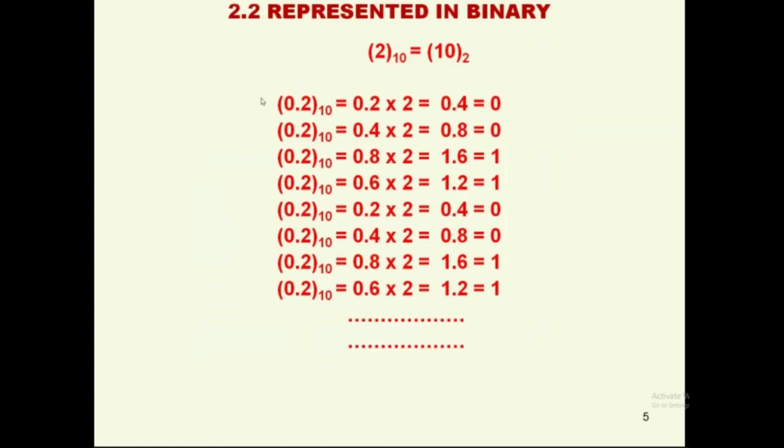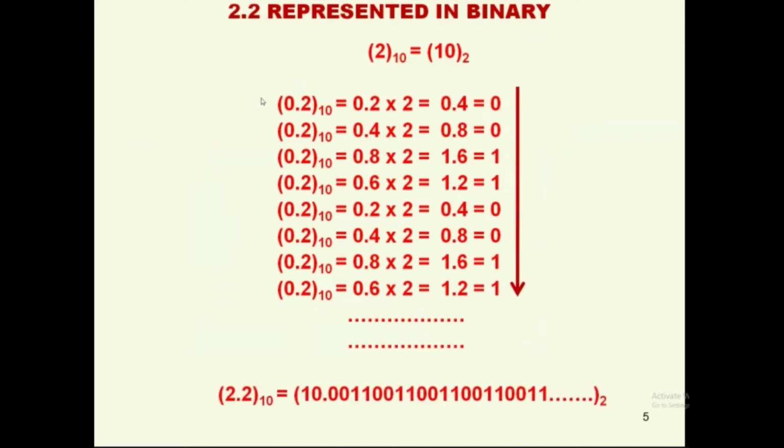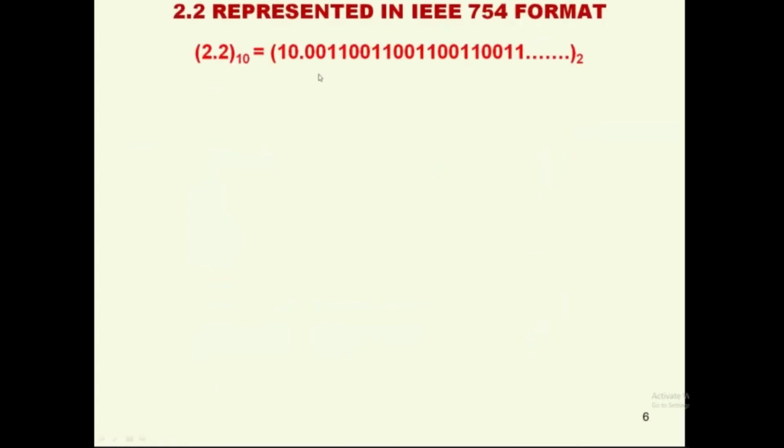So 2.2 when represented in binary means 10.0011001100110011, it goes on. Okay, so this is the binary representation of the floating point number 2.2, as we see here, but this has to be represented in IEEE 754 format. That is our expectation. So 2.2 represented in IEEE 754 format means we have to bring it to 1 point